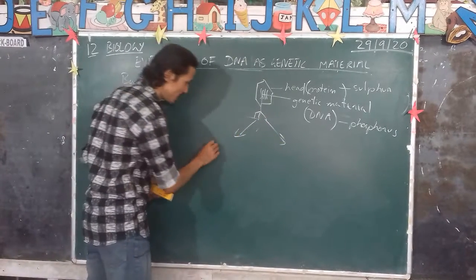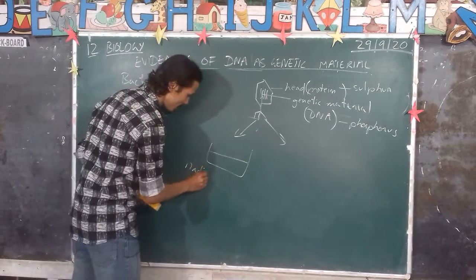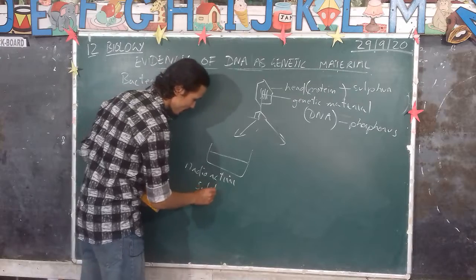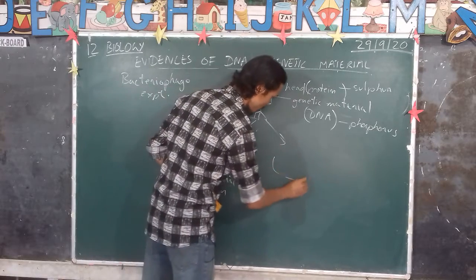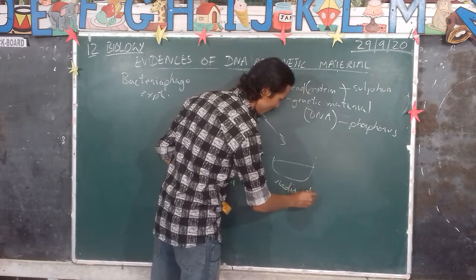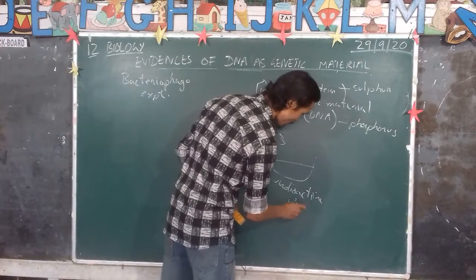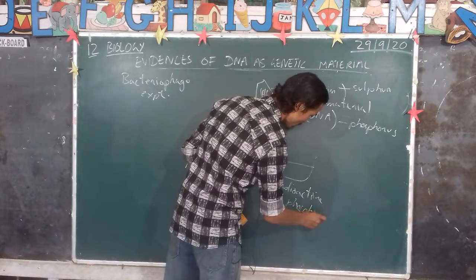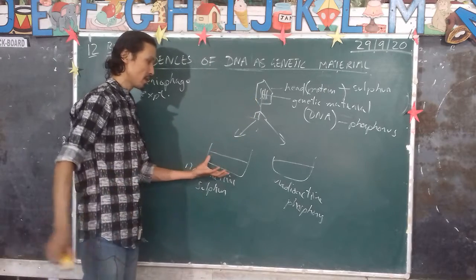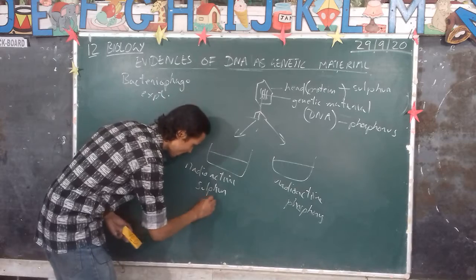separately in a medium containing radioactive sulfur and radioactive phosphorus. So when these bacteriophages were grown in medium containing radioactive sulfur and radioactive phosphorus, what happens is the bacteriophage